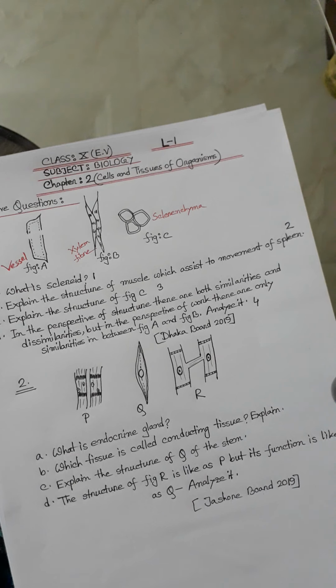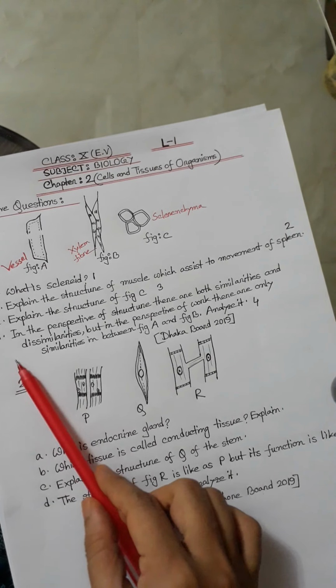While in the early stage of their development, sclerenchyma cells are alive, but they lose the living protoplasm when they become mature. The main functions of sclerenchyma tissue are to provide mechanical support and rigidity and to conduct water and minerals. There are two types of sclerenchyma cells: one is fibers and one is sclereids.